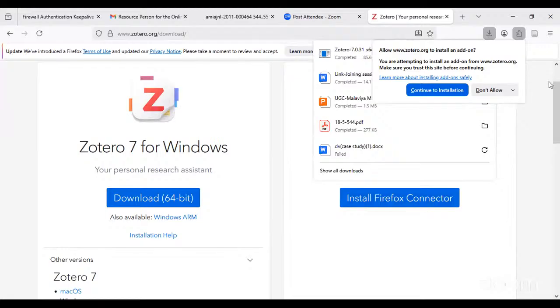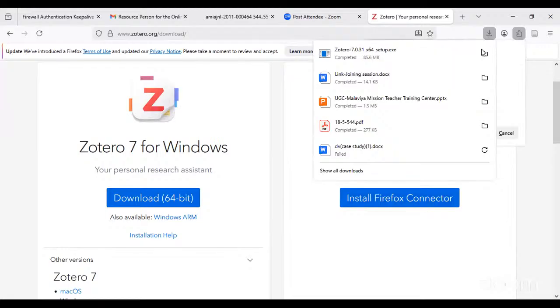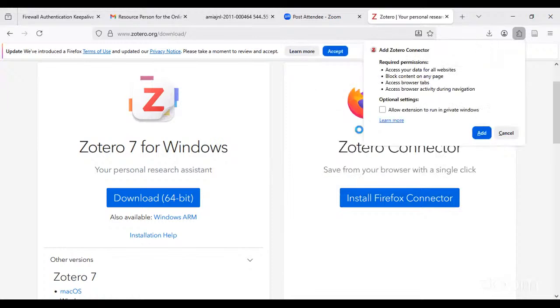After that you have to open that file in that particular folder and double click on it, and it will extract the files for the installation. It will take a few seconds.